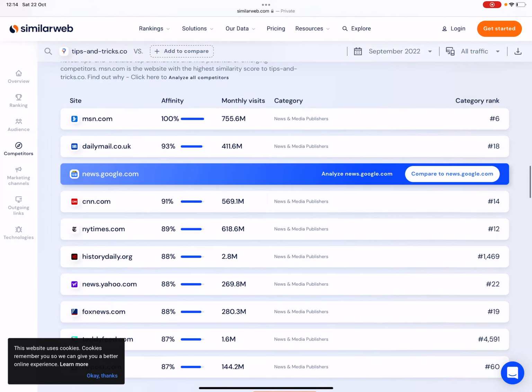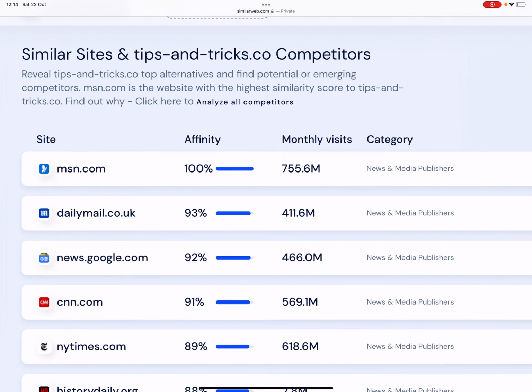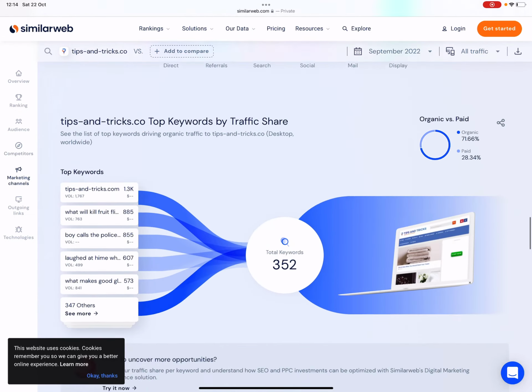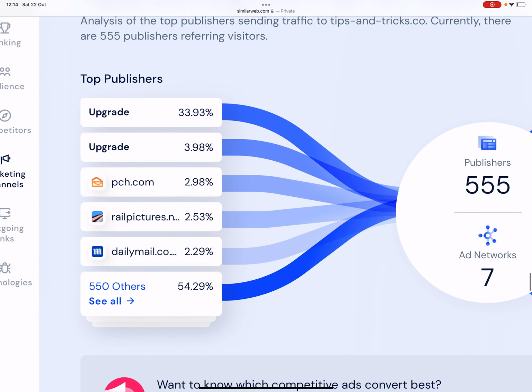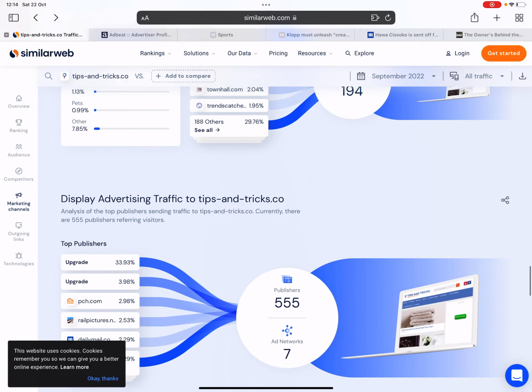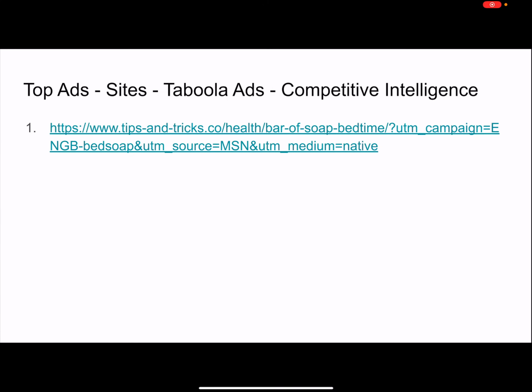As you can see, like similar websites, MSN, Daily Mail, what did I tell you? Two of the biggest linked sites. So it's showing you what's coming up. And underneath here, you actually can see the website. So you see Daily Mail, PCH, high volume, high quality websites driving traffic to your website is really the secret of making success with this type of business.